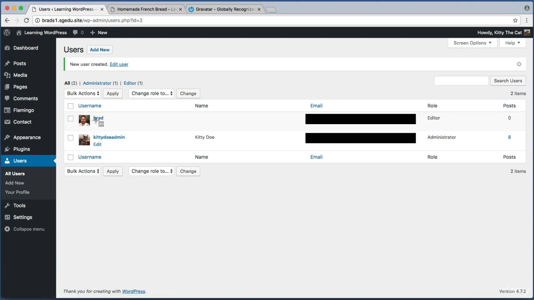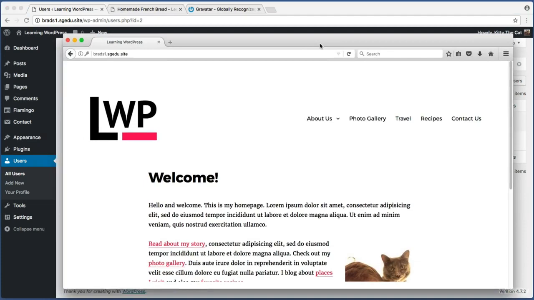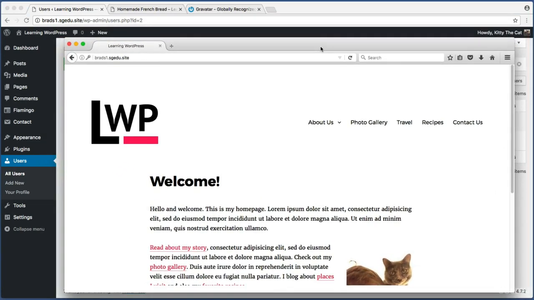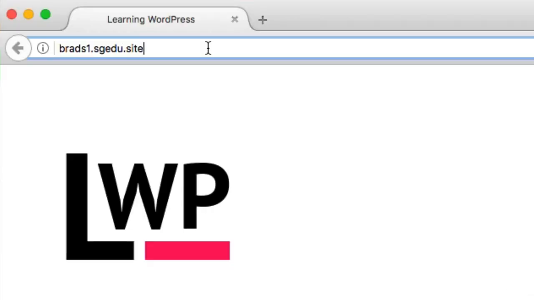But just as an example, why don't I open up a new web browser and sign in as the Brad user? So here's a new browser window where I'm not signed in as anyone. We can tell that's the case because there's no black admin bar along the top. However, if I want to sign in with my new Brad account, all I need to do is go up into the address bar and add on